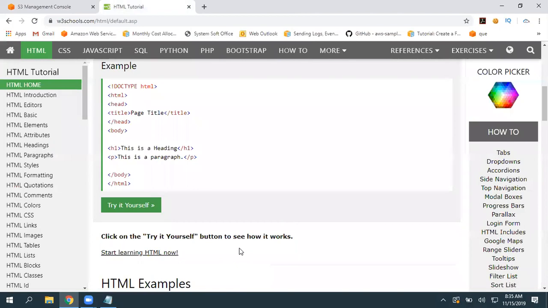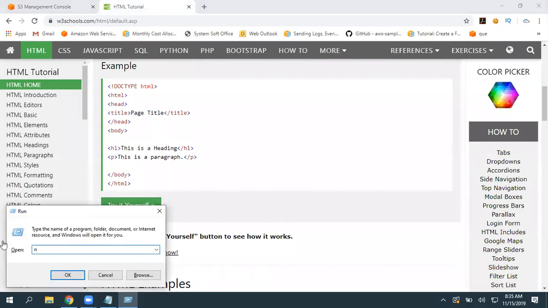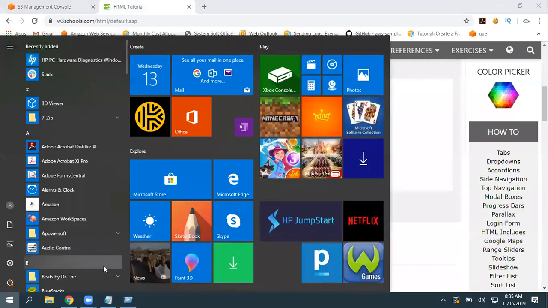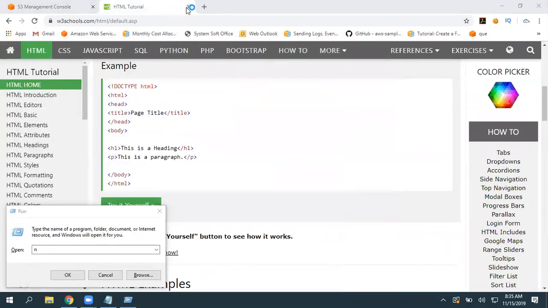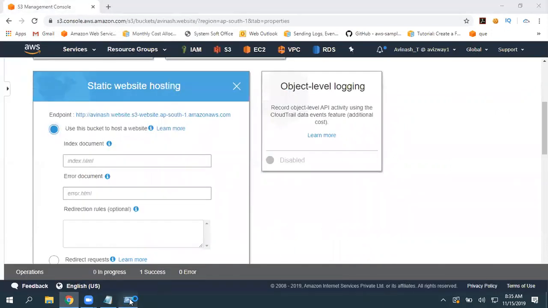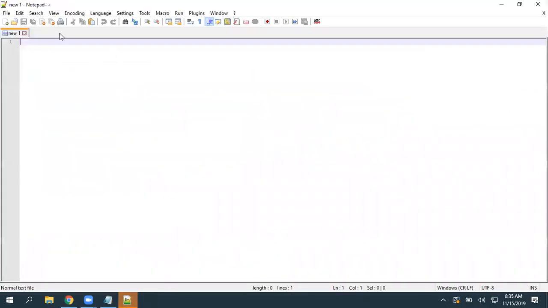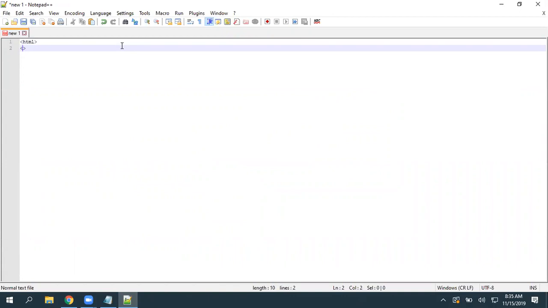You need Notepad or Notepad++. Just open that. I'm going to write very simple HTML, opening a tag and giving a header. Then I'm going to write, okay, this is a website hosted using the S3 static feature.